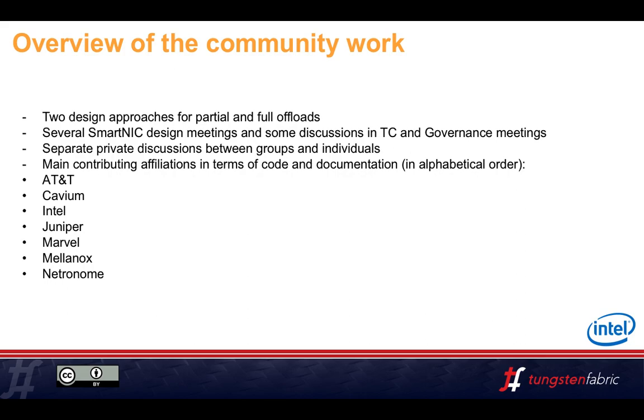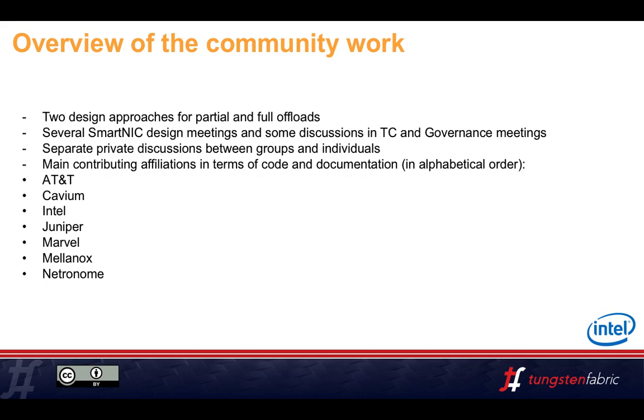So, as I said, that was a community drive. We got together and we started looking at how we're going to accelerate the vRouter. The answer was with SmartNICs. The first question was, what do we mean by SmartNIC? Because the smart part can vary quite a bit between the different network interfaces. So we said we're not going to be too hung up on what is smart and what is not. As long as it accelerates the vRouter, that's what we want to do right now, as long as it accelerates